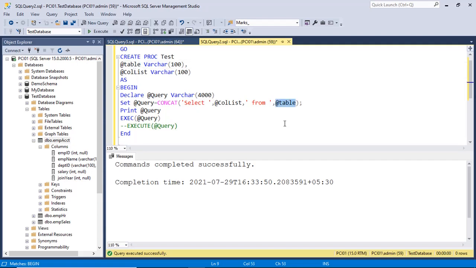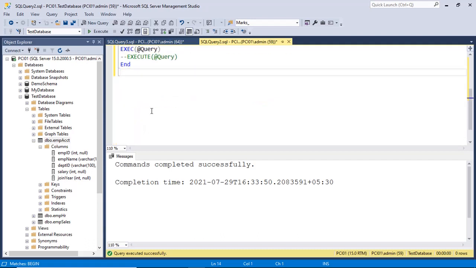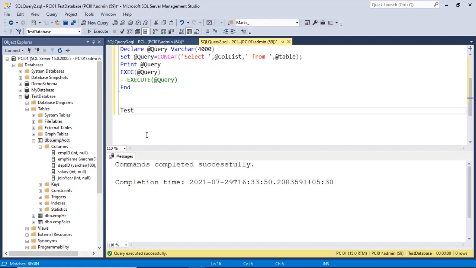This variable replaces the value of the table, and this variable will replace the value of this parameter column list, which is coming from here, this one. Then call test and table, EMP name.